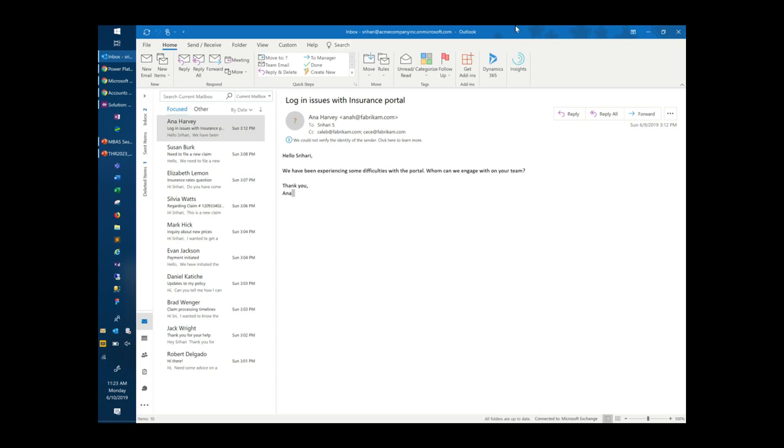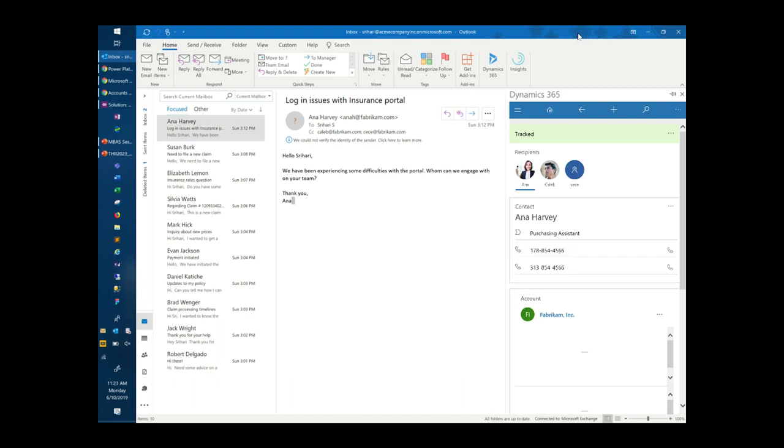All right. So I'm in Outlook, and as soon as I log in, because I have the app deployed, I see this D icon right here on the ribbon as soon as I have an email selected. I click that icon, and that brings up the model-driven app in the side pane in Outlook. Those of you who are familiar with the Dynamics 365 experience can see that this is exactly the Dynamics 365 app, but we've made it generic enough so that you can customize it. Once this app loads,